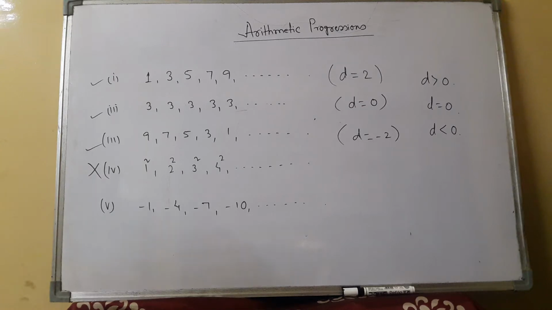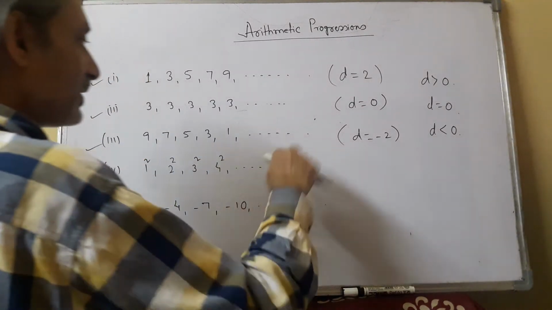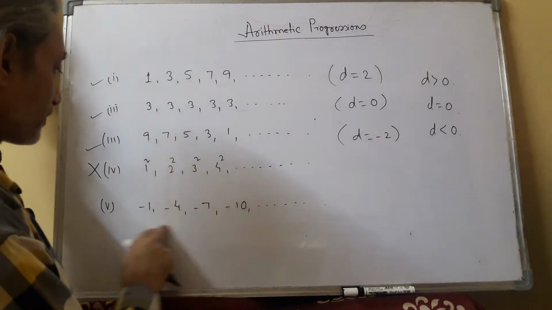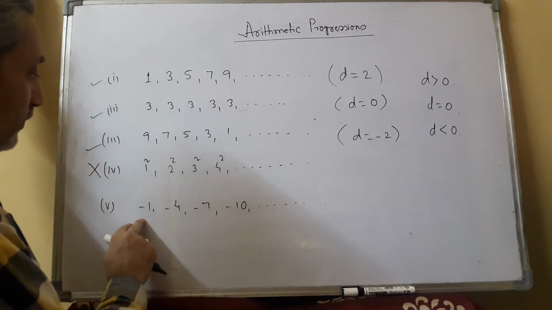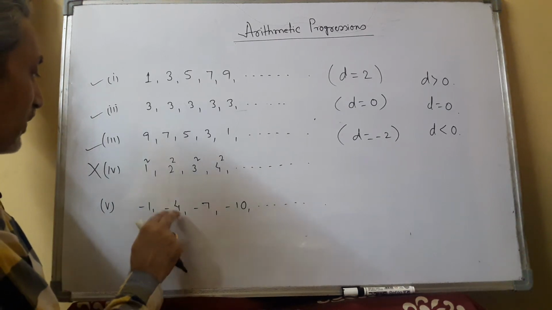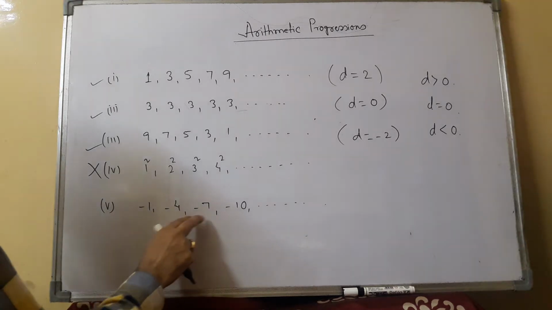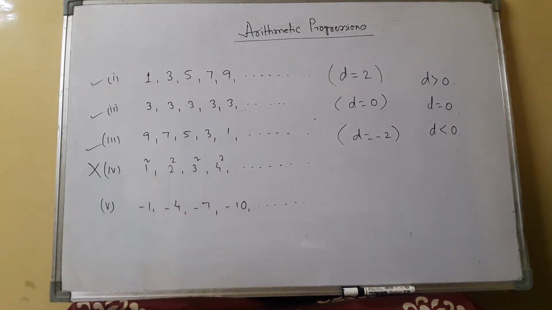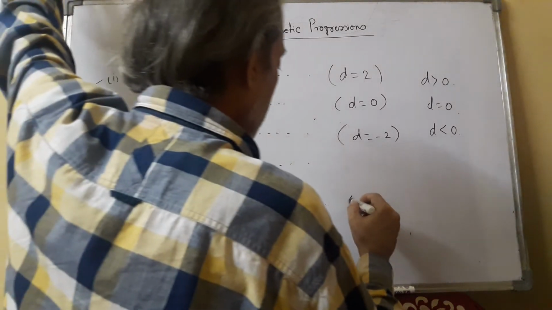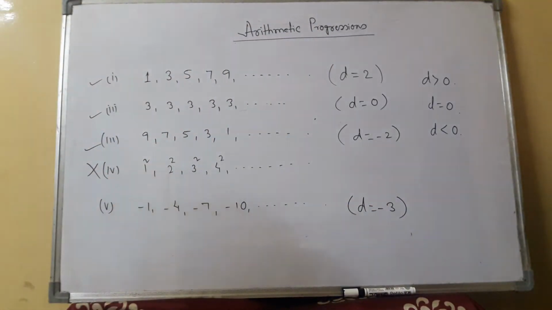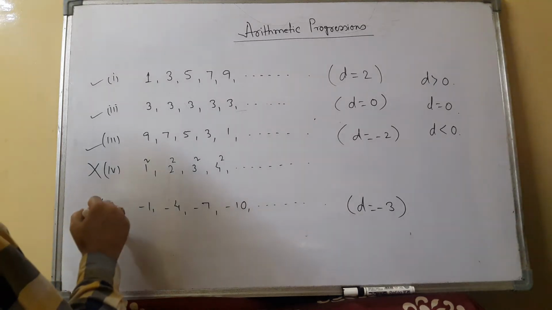7 का है. So since the value of d is changing, varying, therefore it is not an AP. Take this case. Here you can very well see second term minus first term. So what are we getting? We are getting minus 3. Third term minus second term. Again, what are we getting? Minus 3. So in this case, the value of d is minus 3, but it remains constant and therefore it is also an AP.